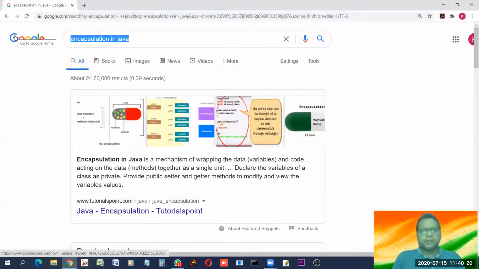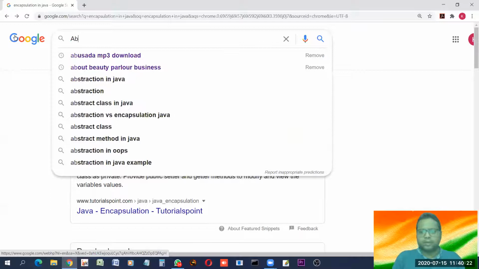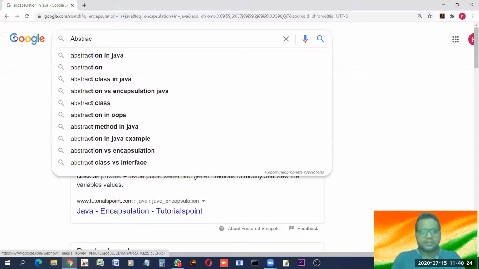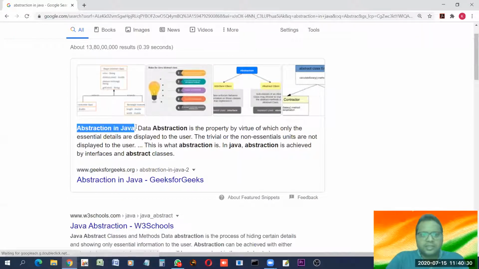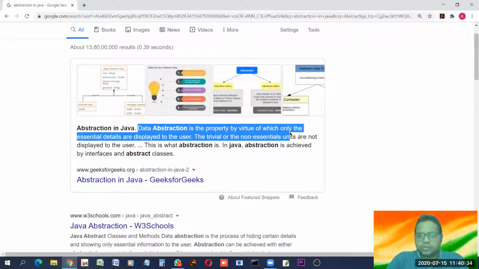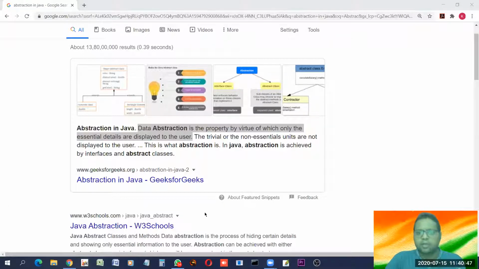Now another term related with Java or any other programming is abstraction. So what is abstraction? Data abstraction is the property by virtue of which only the essential details are displayed to the user, hiding the details and only displaying the important features and hiding the complications.